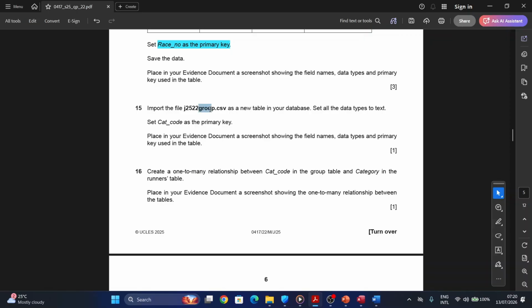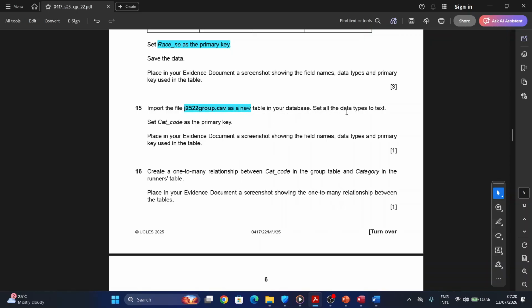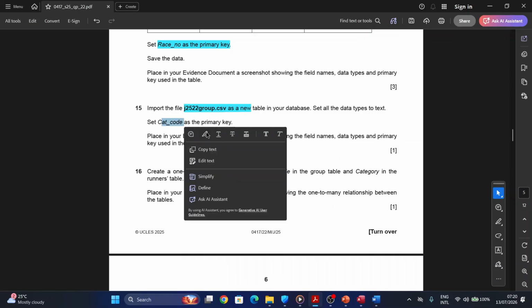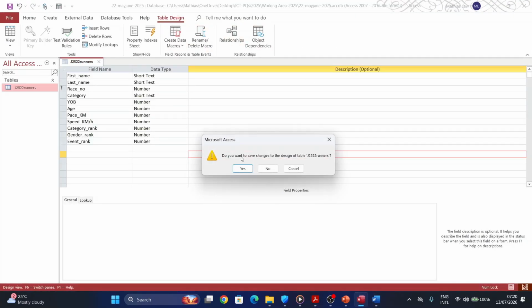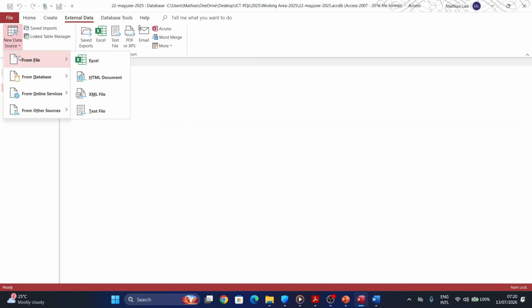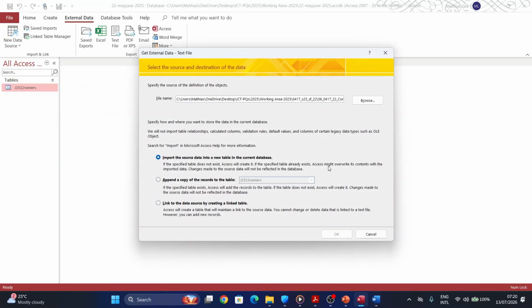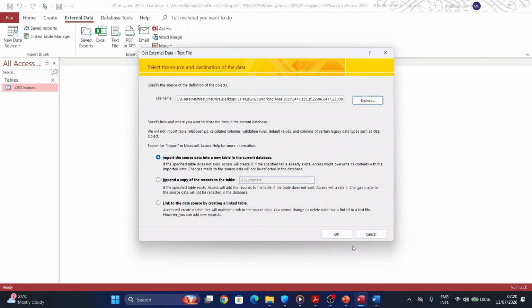So we're going to import groups.csv as a new table, and we're going to set all the data types to text, and then we set category code as a primary key. So another table to import. So this is saved and closed. External data, new data source from file, text file. You browse, and then we're looking for groups, double click, okay,